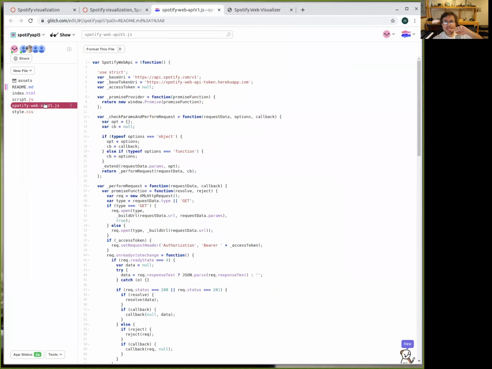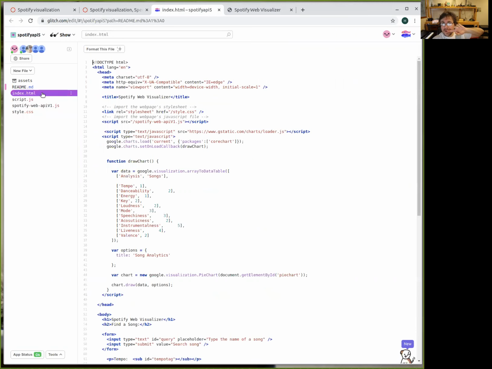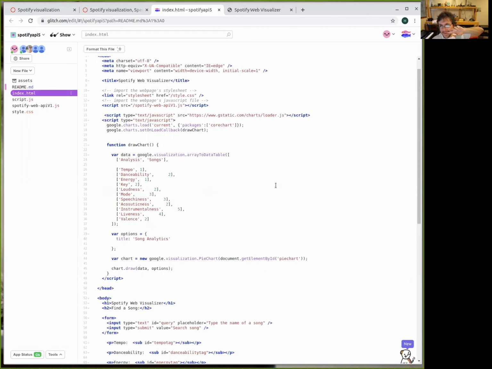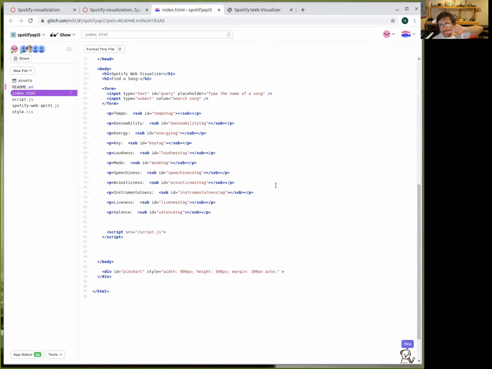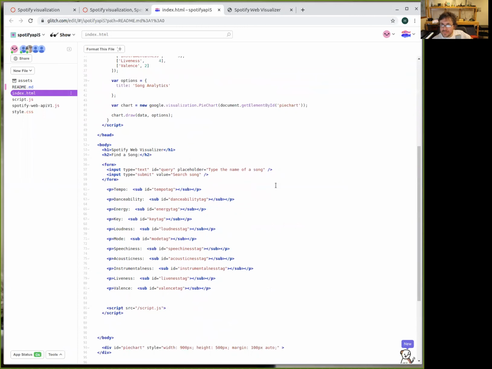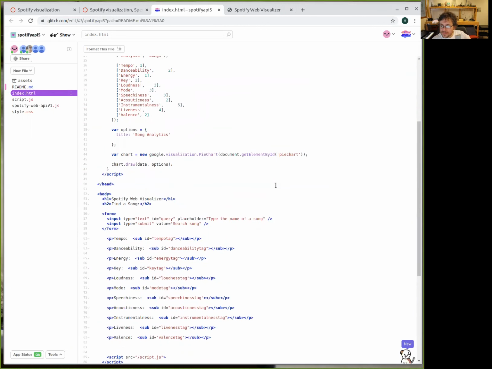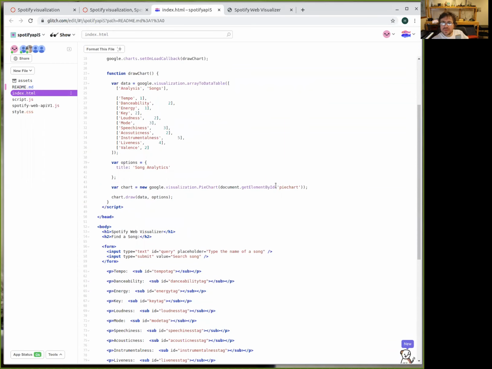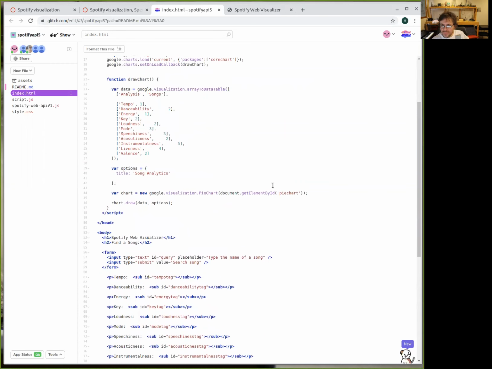We couldn't do it, so I don't know if you could tell us how to do it. We tried over there in the function draw chart. The numbers that are there are supposed to be the values of the song, but we tried adding an ID in order to show the actual numbers of a song. Where? In function draw chart.